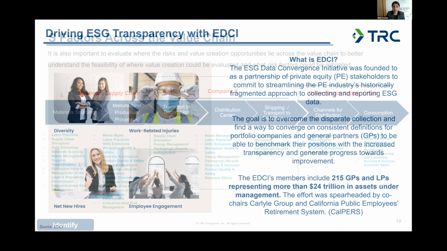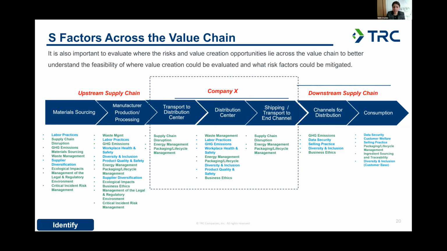So as I mentioned, there's that 4-pronged approach to identifying and deciphering the value for S across the overall value chain. So first, we'll start with taking a look at the broader value chain. It's important to look at not only the environmental factors, but looking at the social factors to see where exactly they sit across the chain, upstream through downstream operations. And then looking at each and every one of those levers and identifying where the risks could be sitting and where are their value creation opportunities that may not have been thought about in a more granular fashion.